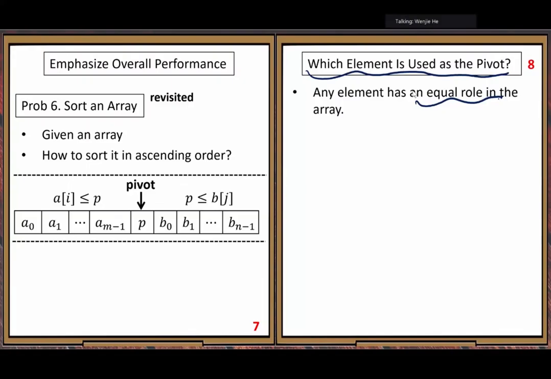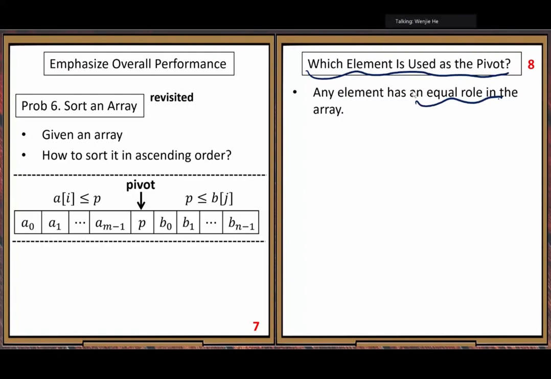So the problem is fixed. The result could be different, right? Sometimes you choose a good pivot, sometimes you choose a bad pivot. That could happen. We will see that. The difference between a good pivot and a bad pivot is very big.